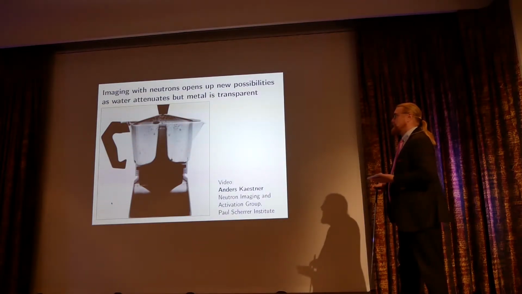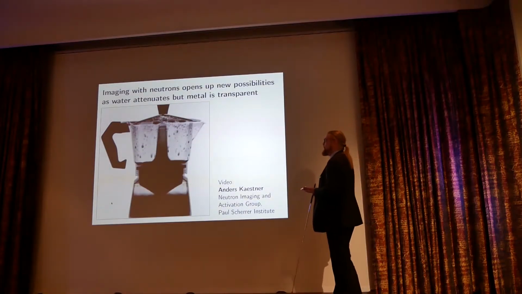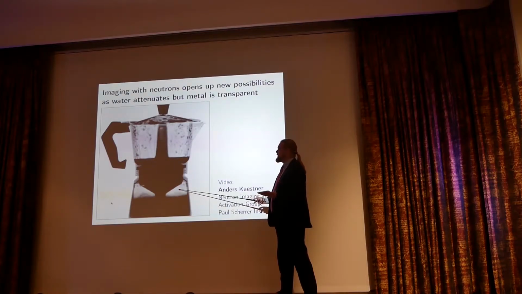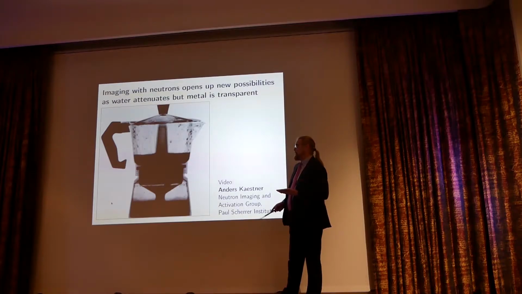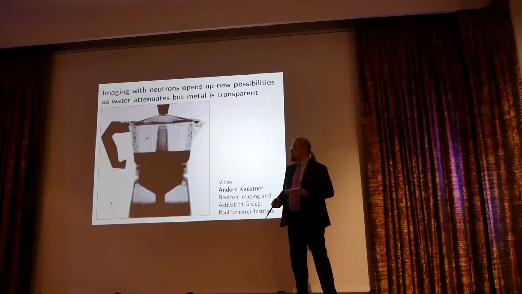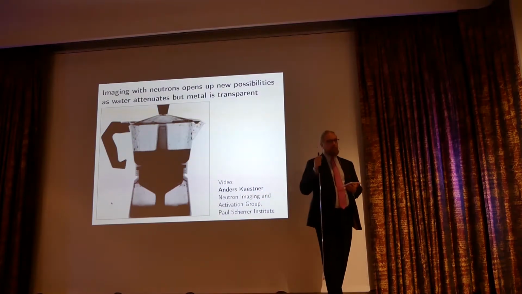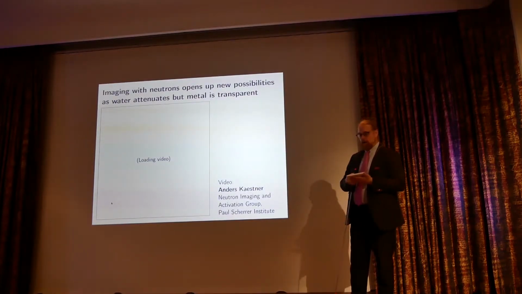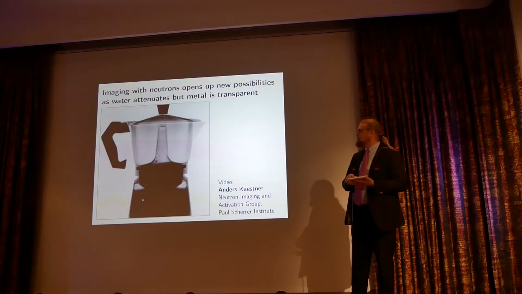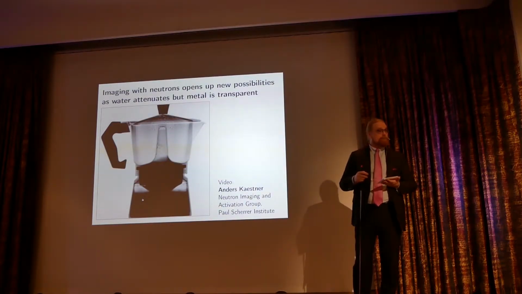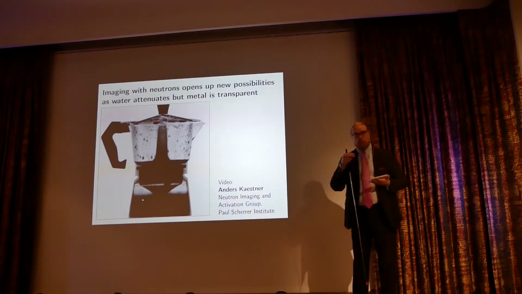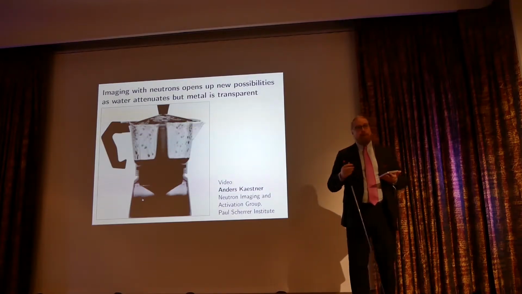For X-rays, this coffee making would look very different because aluminum would attenuate X-rays more than water. But for neutrons, this is imaged with neutrons. Water will very easily capture neutrons in the hydrogen atoms, so water is almost opaque for neutrons, but metal is kind of transparent. So tomography can be used in very different physical situations where the probing energy can be very different from